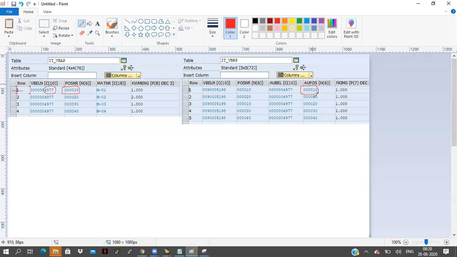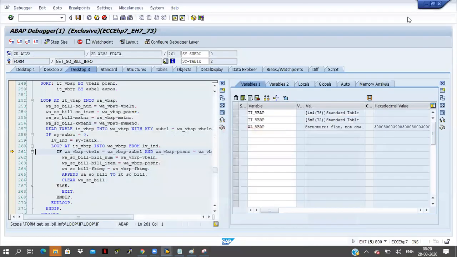What is the condition? The sales document number and item number: sales document number 4977 and item number 10. But here the document number is the same, 4977, but the item number is 20. The data is not matching here, so it will go to the else part. Click on F5 button.